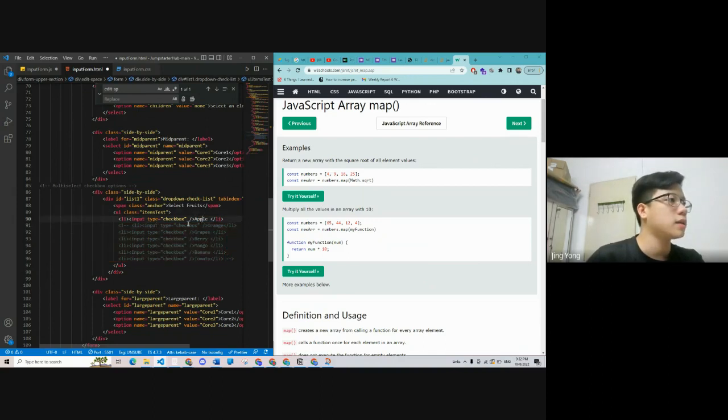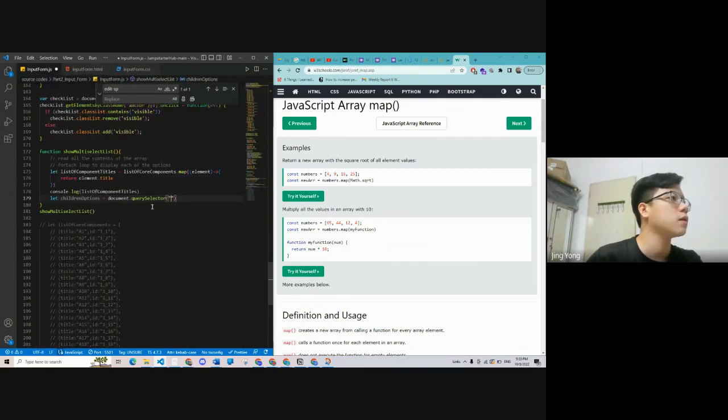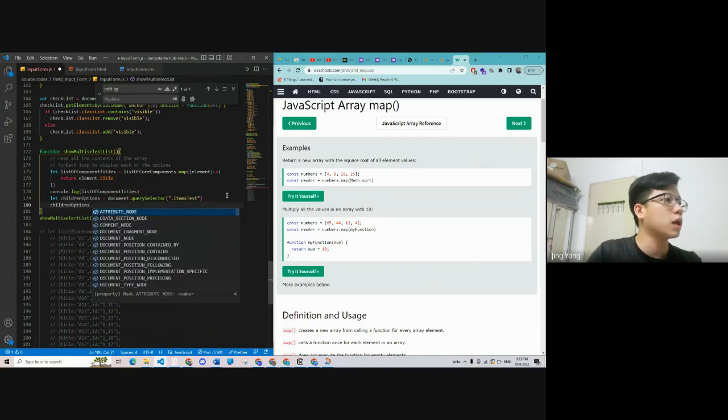Let's say I want to put in, forget about checkbox first, let's just put in the list item. I'm gonna look at items test, save here, and look at the query selector. Since this is a class, we use the dot notation. And we want to put children options that